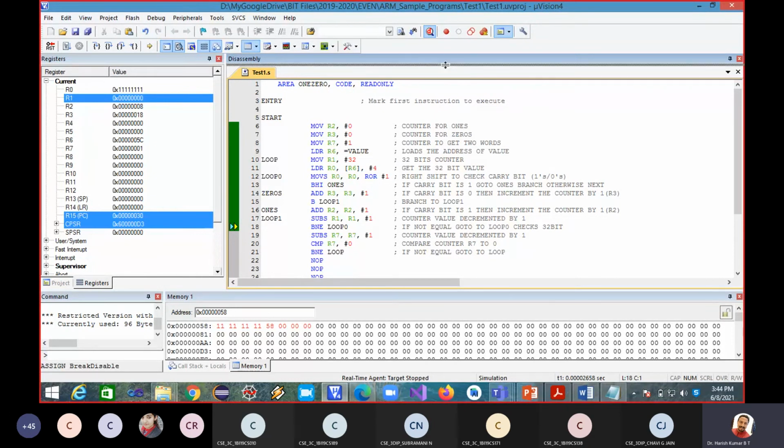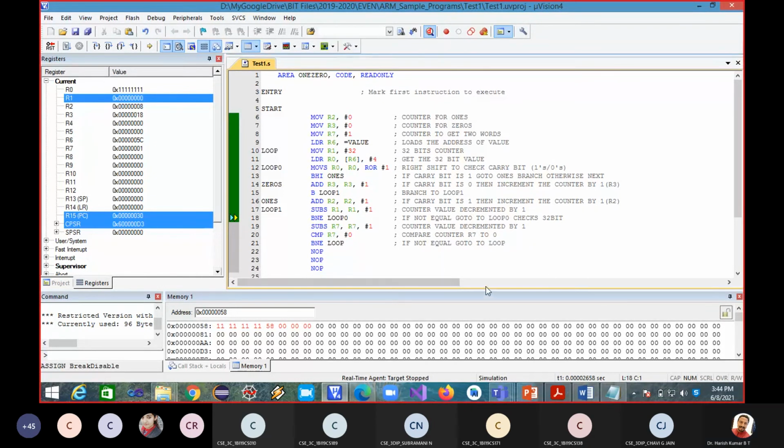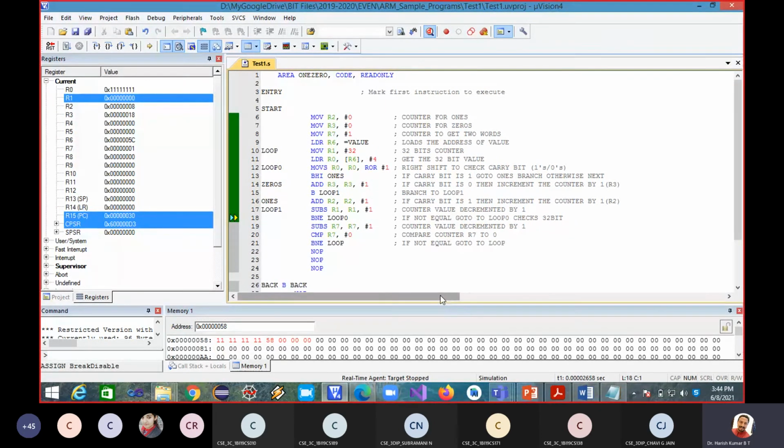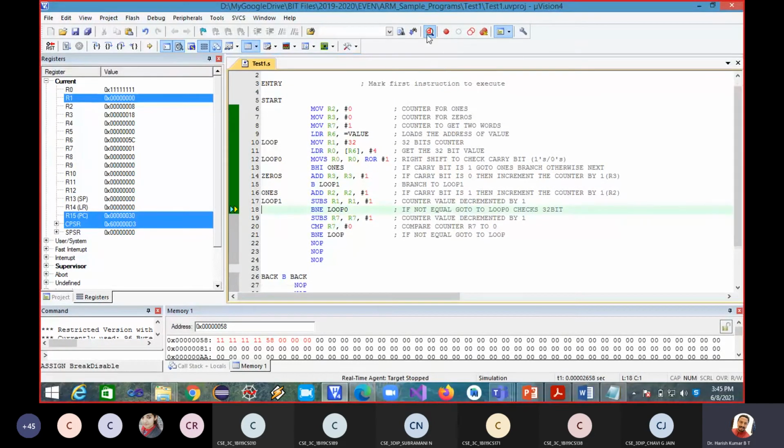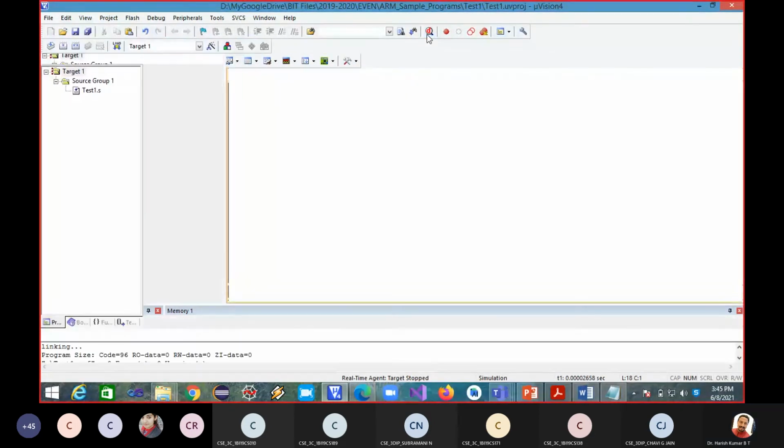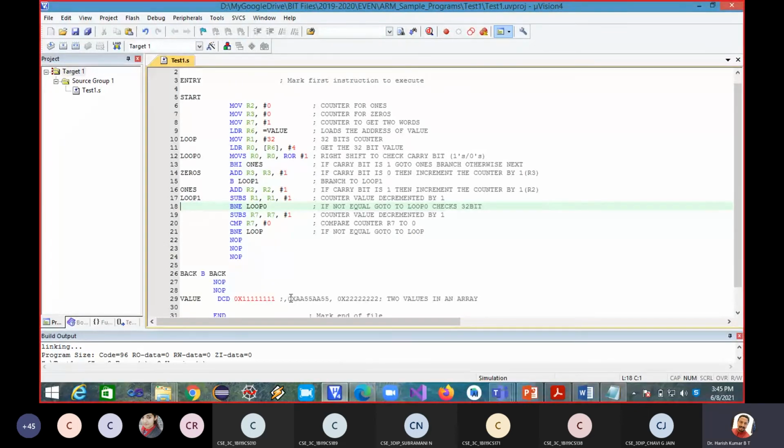All of you please copy this. It is already there in the manual, which is available on my Google site. Let me change this back to 2 consecutive memory locations, because the question says 2 consecutive memory locations.